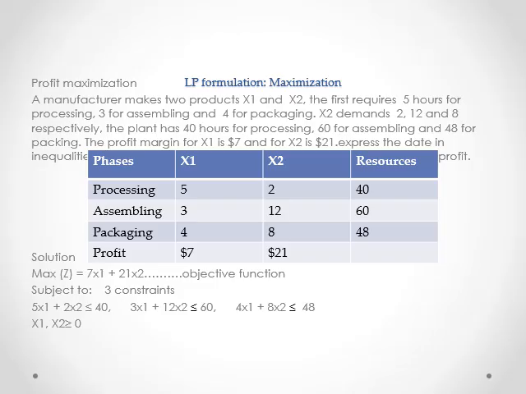Now, this linear programming problem reflects the objective of maximization, where max z equals 7x1 plus 21x2 is the objective function, subject to three constraints: